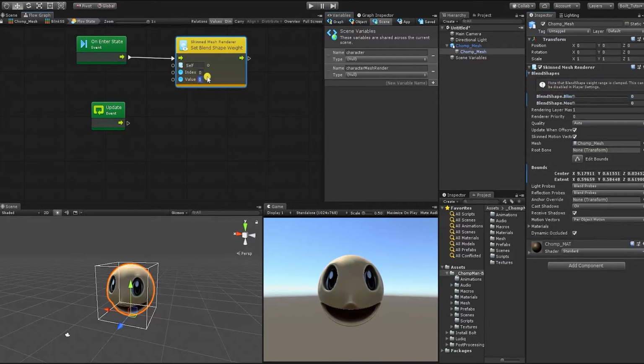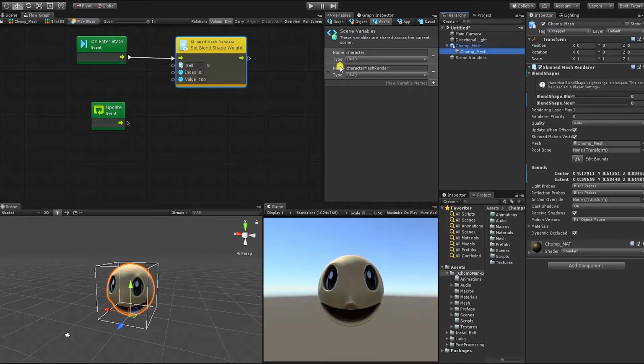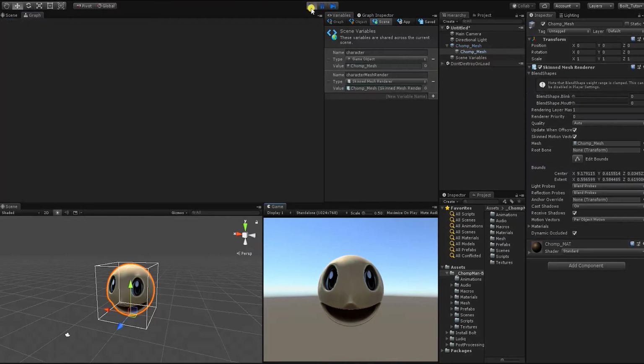For our character's eyes to close, the blend shape value will need to be 100. And the target is the character mesh render variable we set in our start state. By dragging the variable into our graph from the variable window, Bolt will automatically create a getVariable node for the selected variable. With our basic logic set and in place, if you were to click play now to test it,